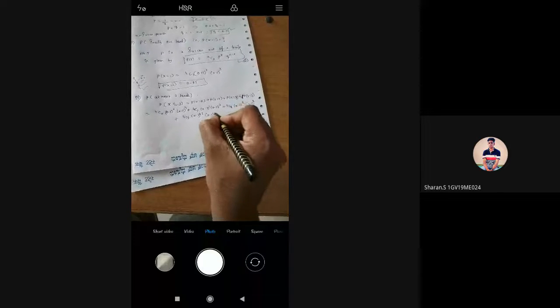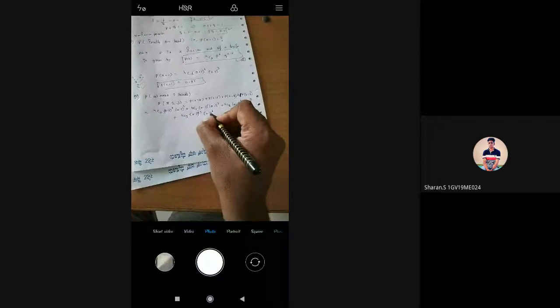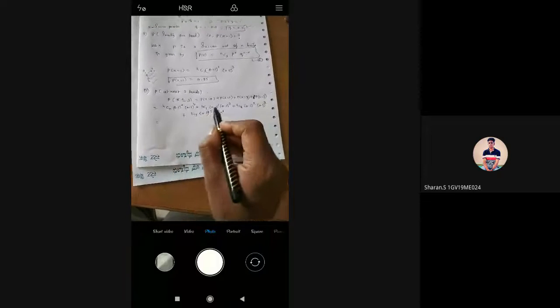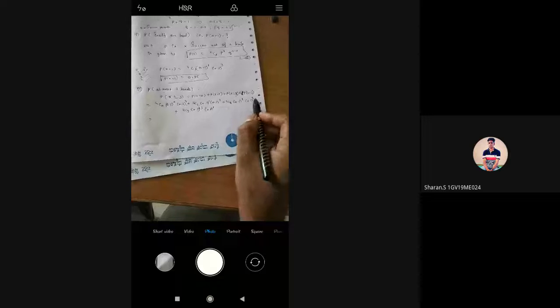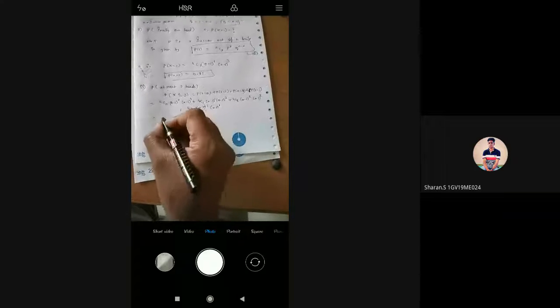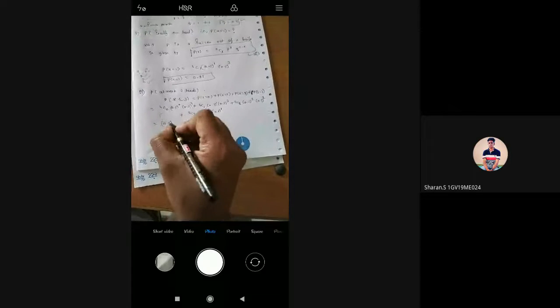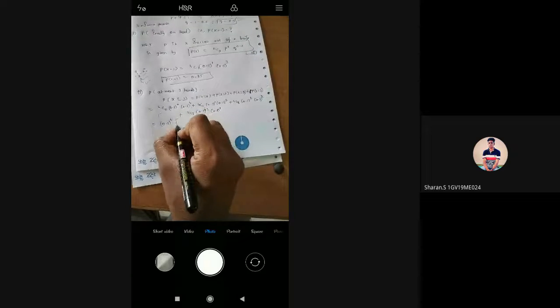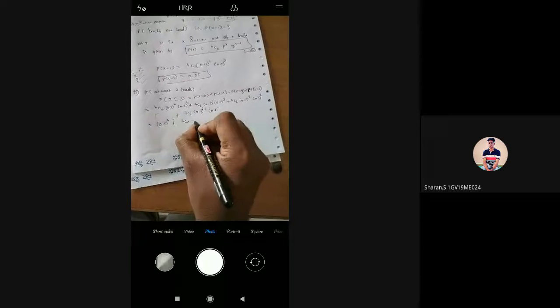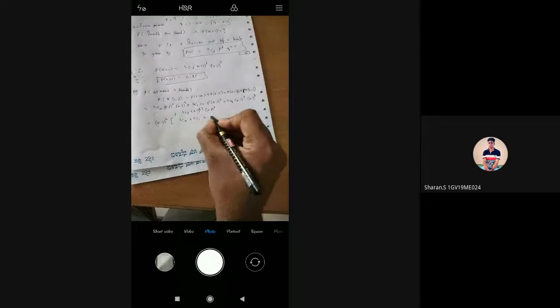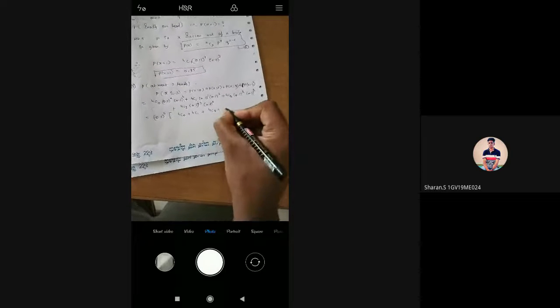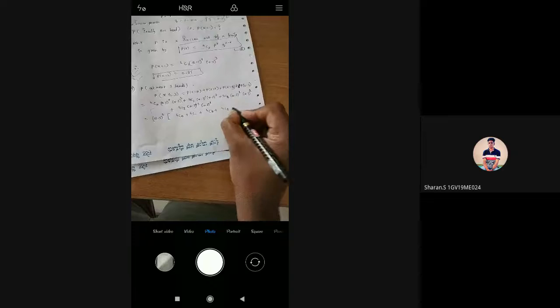0.5 power 3 into 0.5 power 4 minus 3 is 1. So now we have common bases. The bases are same, so powers can be added. Here power 4: 1 plus 3 is 4, 2 plus 2 is 4, 3 plus 1 is 4. What is the common thing? Common element is 0.5 power 4. Then the remaining elements: 4c0 plus 4c1 plus 4c2 plus 4c3.